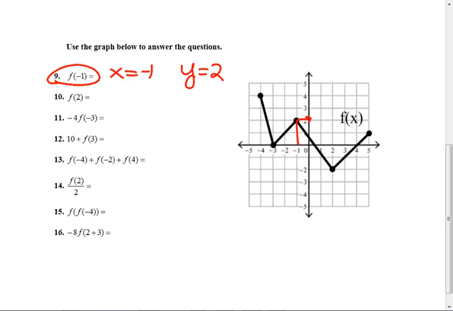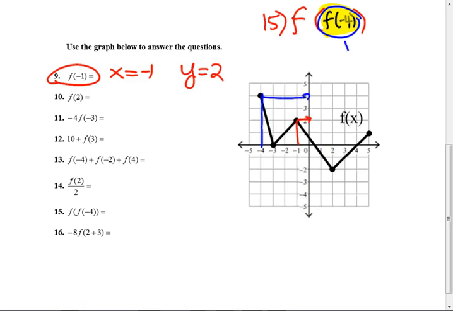15, though, might be hard. 15 is hard. You've never seen that before. 15 is saying I want the value of the function at the value the function gives me at -4. So what I have to do is do the inside parentheses first. That one. Okay, Emily? We're not doing iPads. We're doing this. What's f of -4? I need to find that. f of -4 is